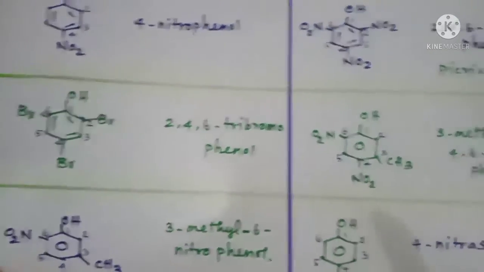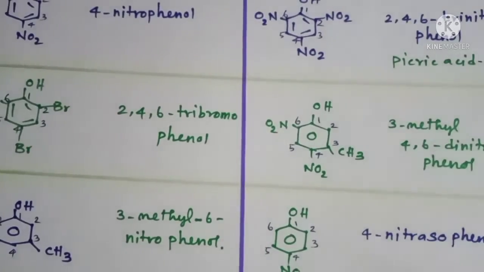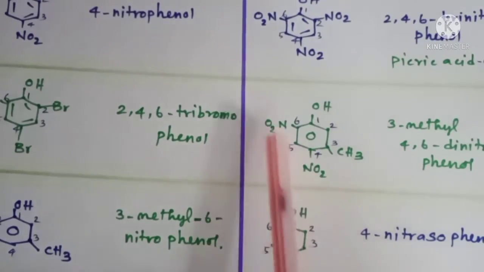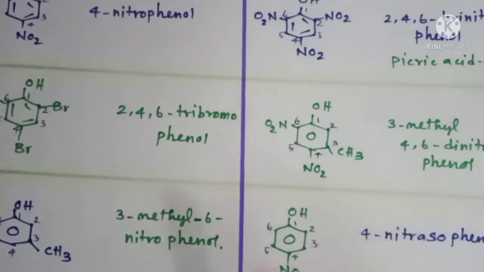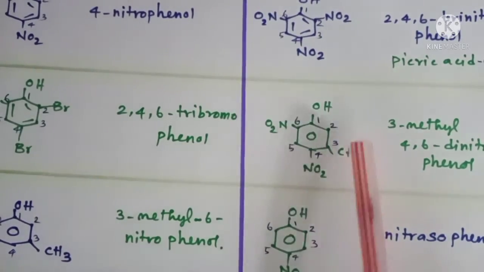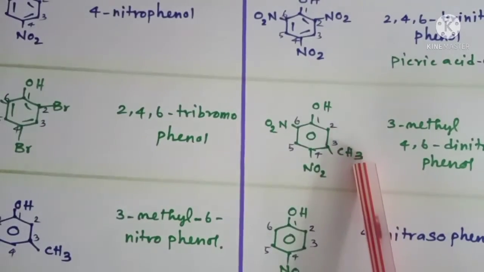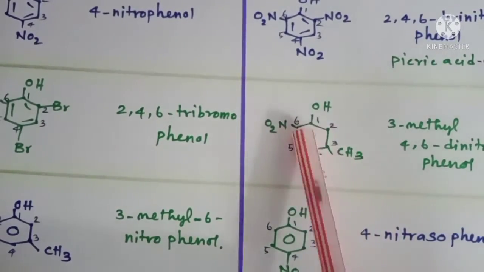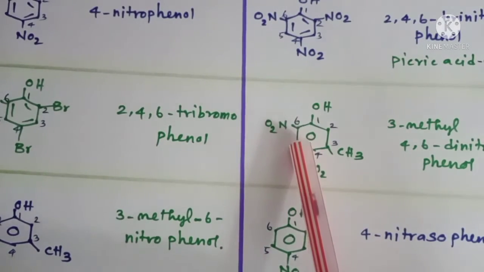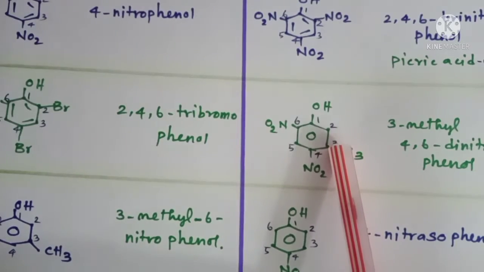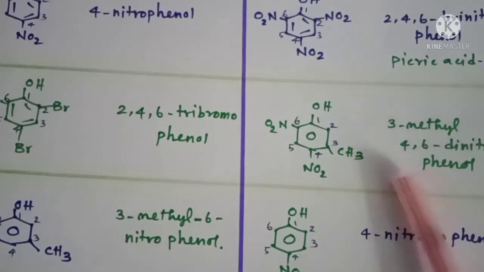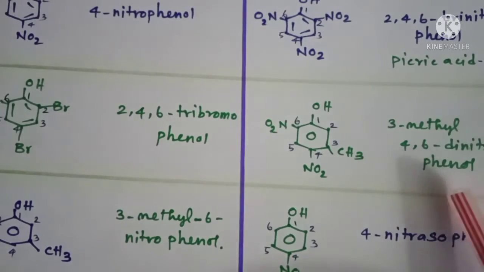So look at the next one. A phenolic compound which has 2 different substituents. One is methyl, and 2 more substituents are nothing but nitro groups, isn't it? Right. So basically it is methyl dinitrophenol. This is supposed to be named how? Methyl dinitrophenol. While giving numbers, the methyl group gets number 3, nitro groups are getting numbers 4 and 6, isn't it? So it is supposed to be 3-methyl-4,6-dinitrophenol. So that is the IUPAC name of this compound.